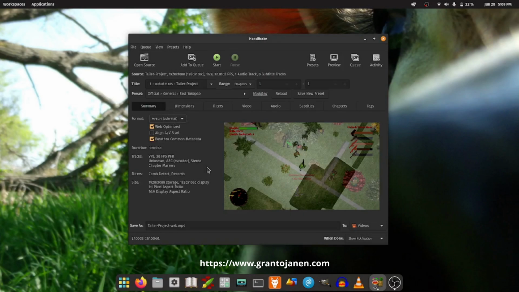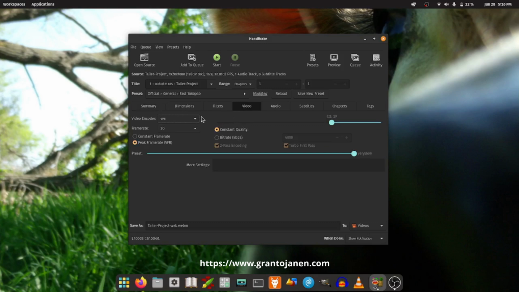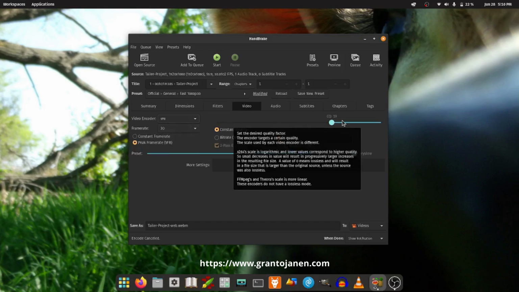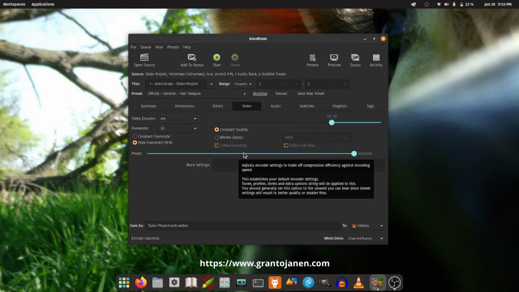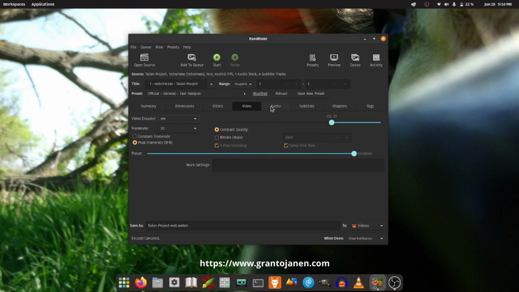Alright, next I'll show you how to make a WebM file. So we'll select WebM from the drop down list on Format there, and then there are some changes we'll need to make. Under the video tab, we'll need to make sure we select a video encoder that is supported by WebM. I'm going to choose VP8 because it'll have good browser support, and then we'll make sure you select the frame rate and the quality and the speed that you want, again like we did with the MP4.